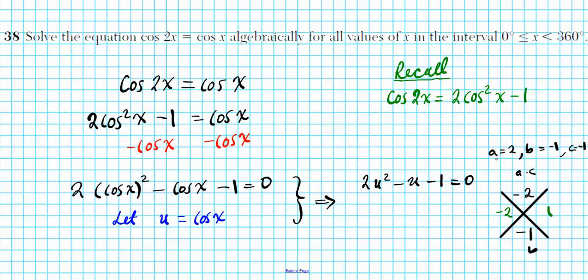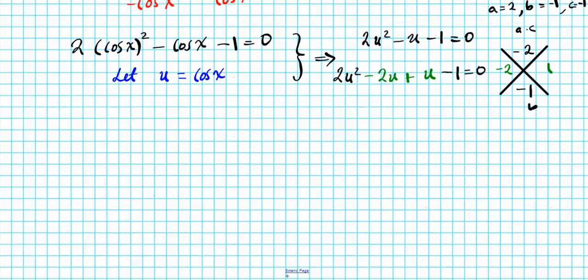Is because our A is not 1, so this is longer than usual. So we have 2u squared minus 2, append the u next to it, plus 1u, just write u, that's good enough, minus 1 equals 0. Okay, now let's finish this up. We're going to factor by grouping, so I'm going to divide down the center